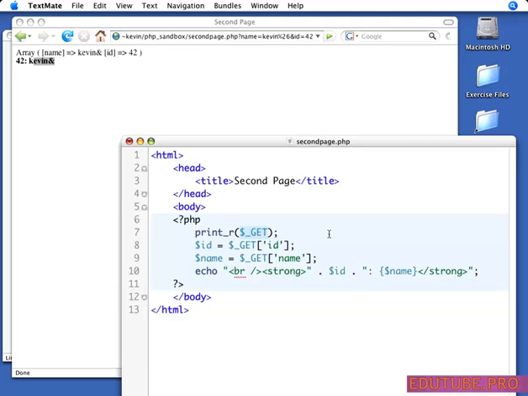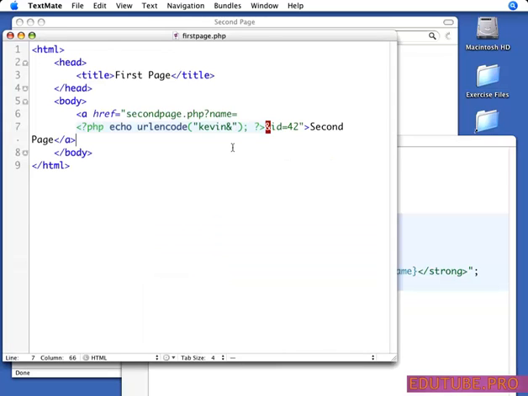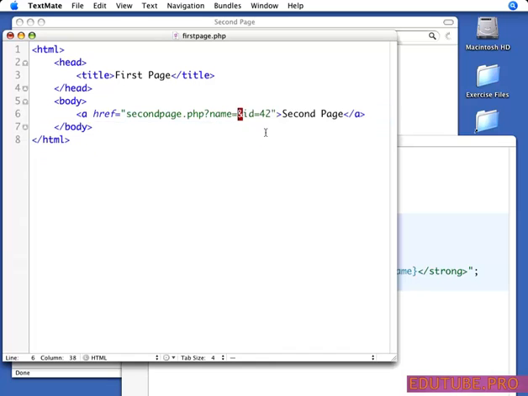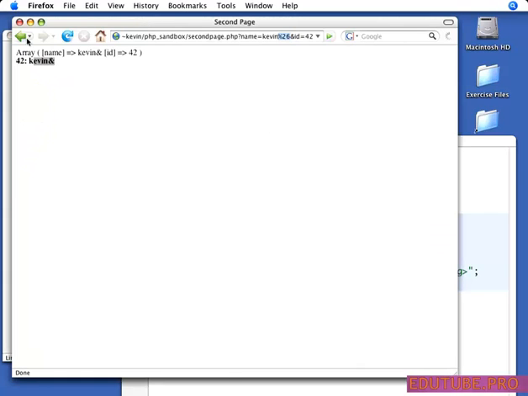So it's already done, and by the time we grab it out of GET, it's ready to go. A lot of servers are going to do URL encoding for you as well and handle it perfectly fine. For example, if instead of name, I had put something just like Kevin Skoglund in there and then saved it, let's try that. We'll go back to the first page and reload it. When I click it, it went ahead and brought Kevin Skoglund all the way over, and it did its own